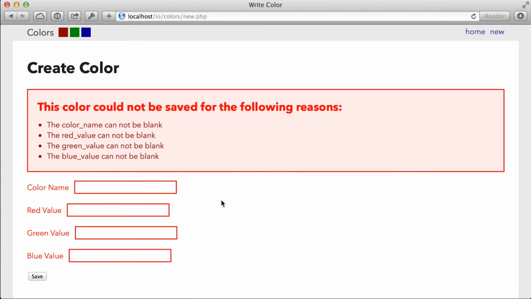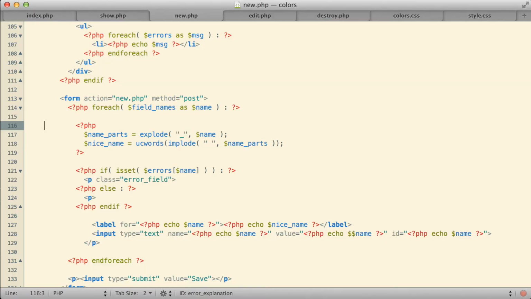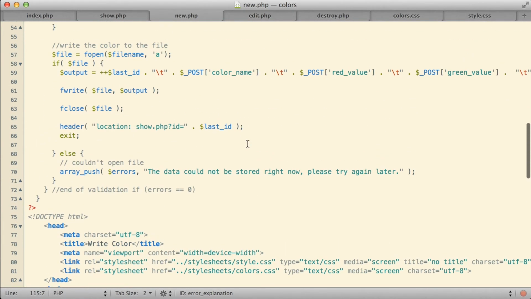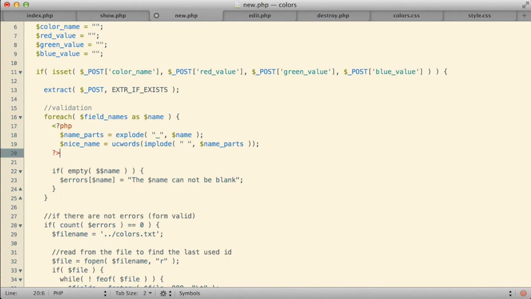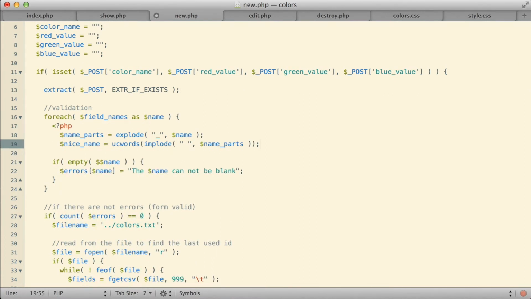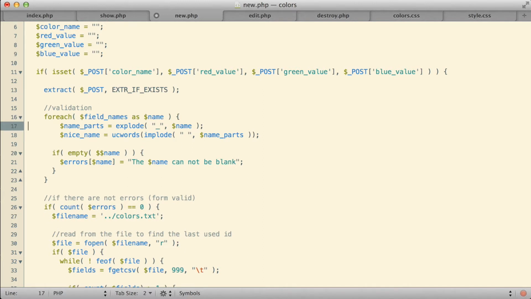Let's go and do the exact same thing up there for the validation. What I'm going to do for the validation is just take the generation of the nicename that I've done here down in the field. I'm going to go ahead and copy it, and then with my validation I'm going to drop it back in. Here's my validation. Let me drop that back in. We're already in a set of PHP tags here, so I don't need extra PHP tags.